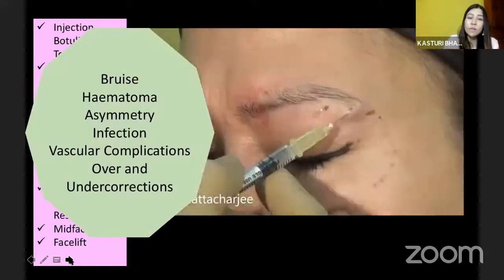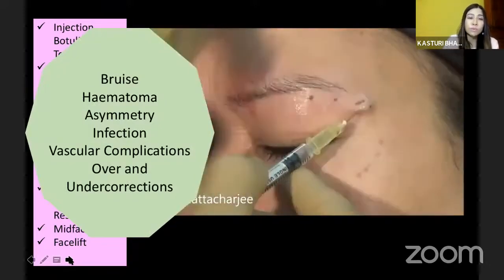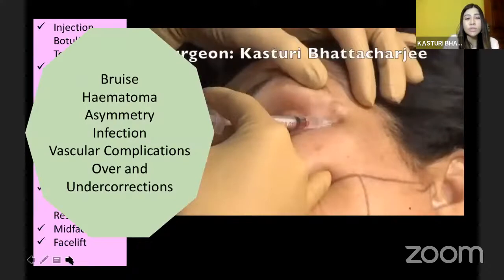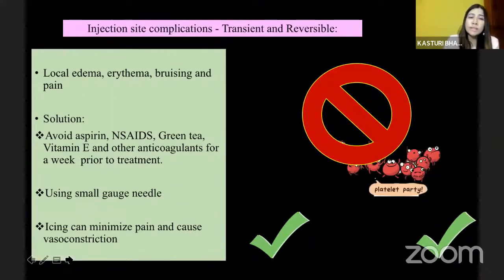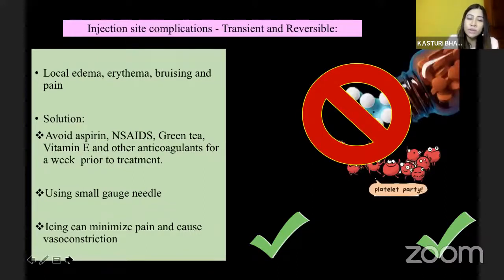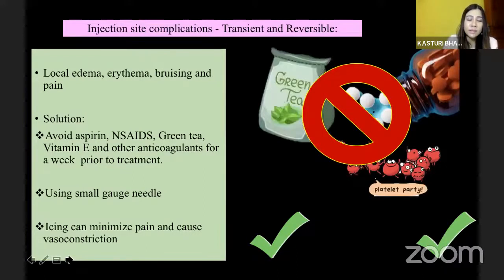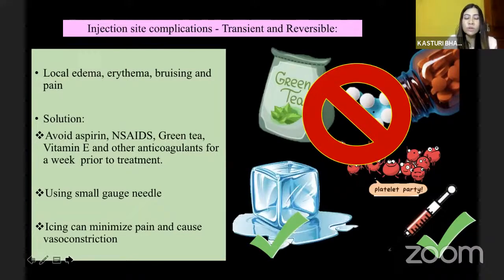But what are the main complications that can occur? In the form of bruising, hematoma, asymmetry, infection, vascular complications, and many times over and under correction. So the injection site complications are usually transient, reversible. They usually come in the form of erythema, local edema, bruising, and the solution to it is avoid aspirin, avoid NSAIDs, avoid green tea, avoid vitamin E and other anticoagulants a week prior to the surgery. Use a small gauge needle, and icing, which has already been discussed today, can minimize the pain and also cause